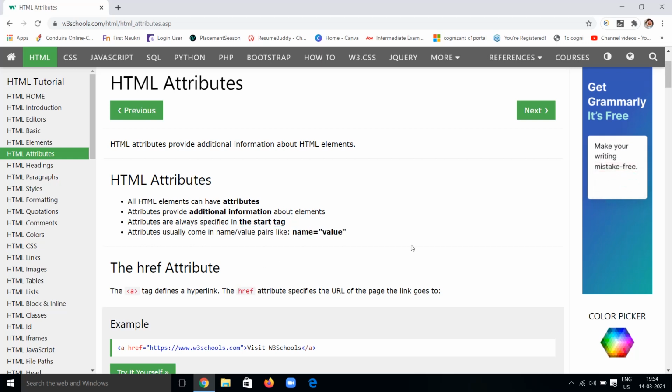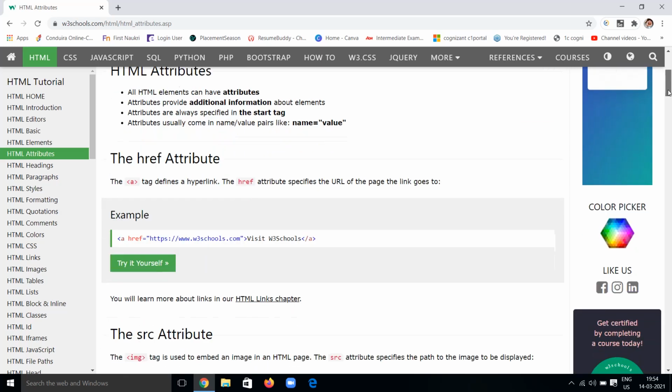For example, look at the href attribute here. The a tag defines the hyperlink. This href is the attribute which specifies the URL of the page the link goes to. This is the hyperlink tag.